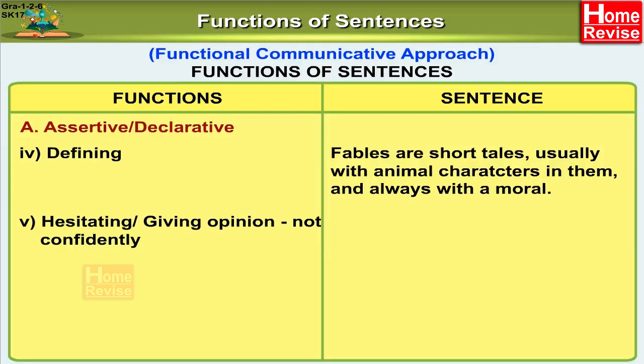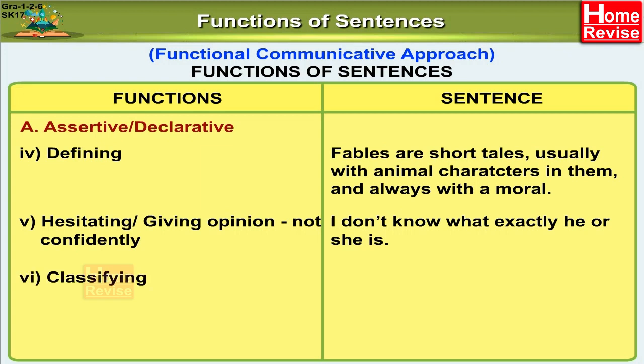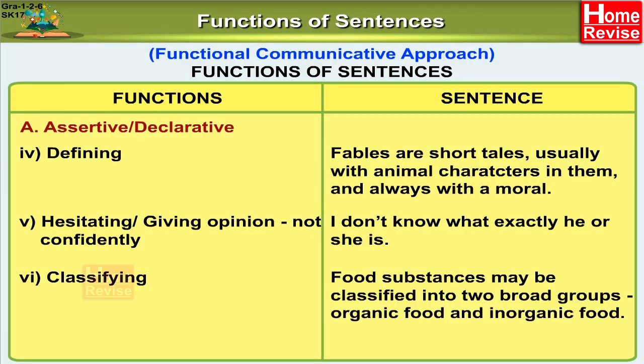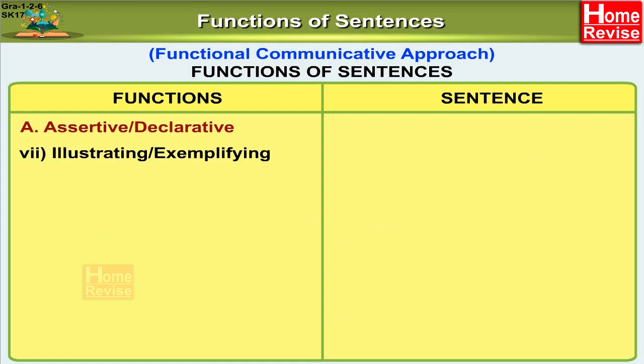Fifth, hesitating or giving opinion not confidently. Sentence: I don't know what exactly he or she is. Sixth, classifying. Sentence: Food substances may be classified into two broad groups, organic food and inorganic food. Seventh, illustrating or exemplifying. Sentence: